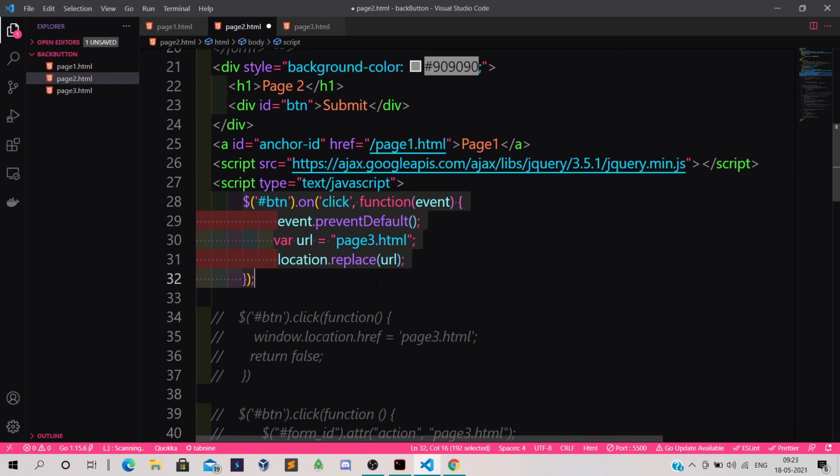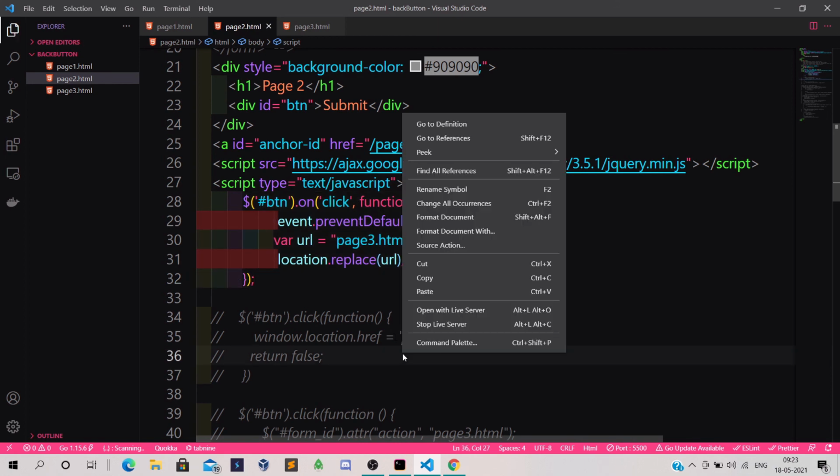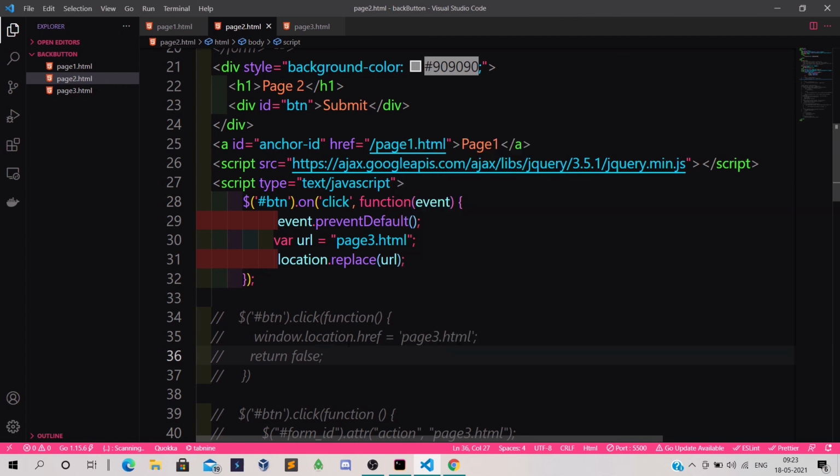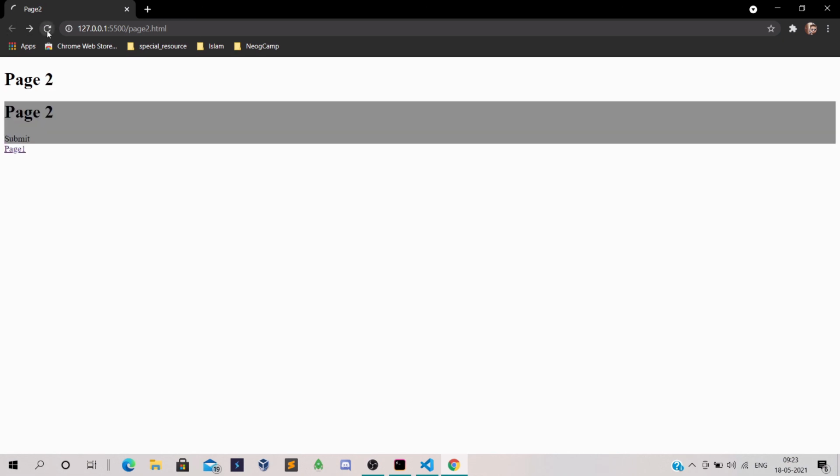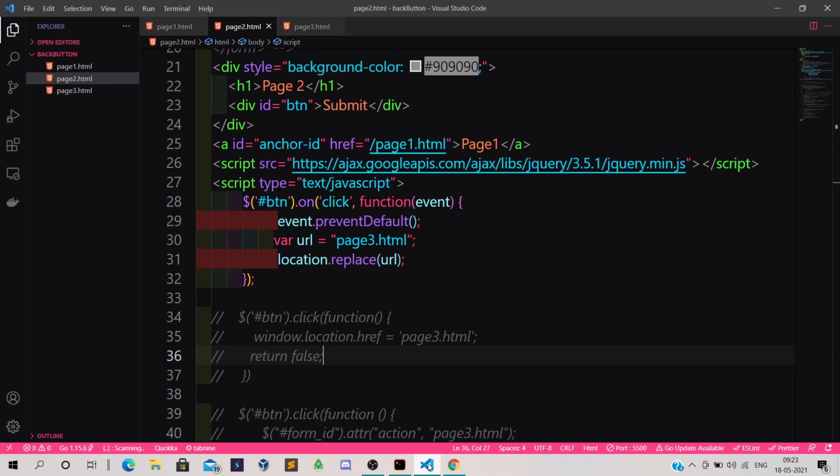So this is one more way to redirect from one page to another using jQuery, without any anchor tag and without any form. Now if I go to page2.html and refresh it, and click on that submit button, it will go to page3.html.